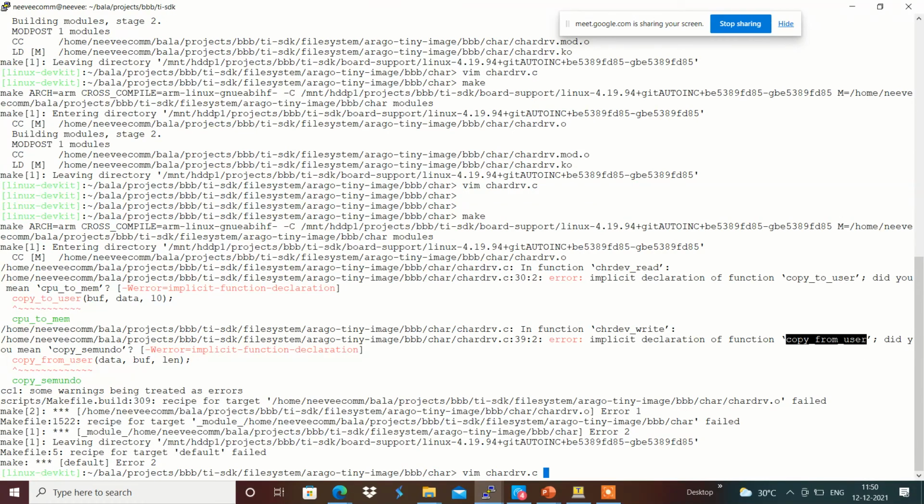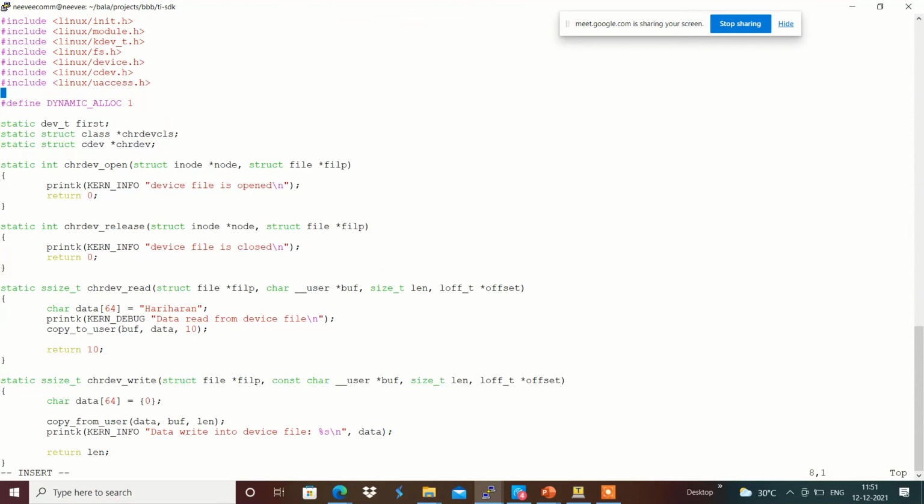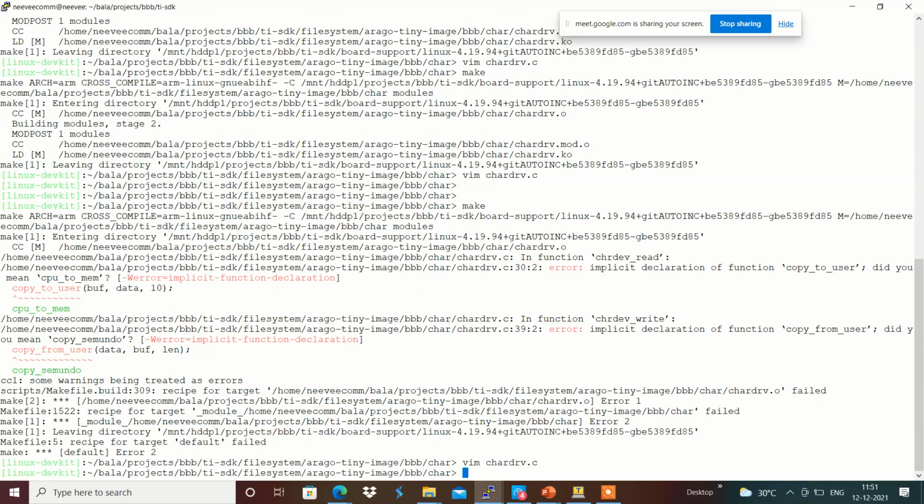I am going to include this header file, #include <linux/uaccess.h> over here. Now I am going to compile this.